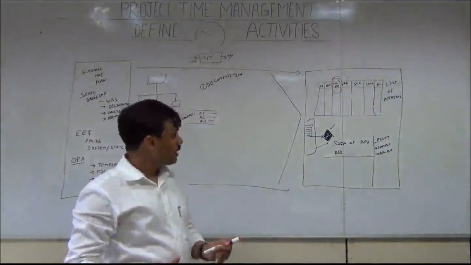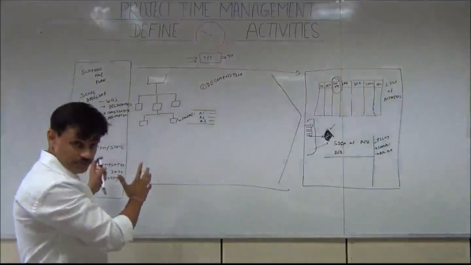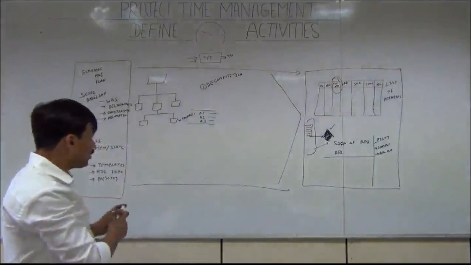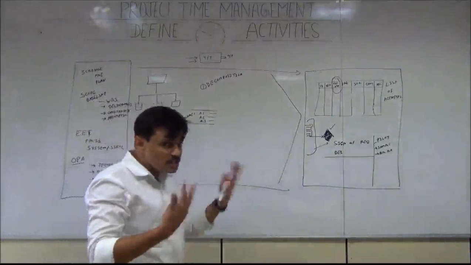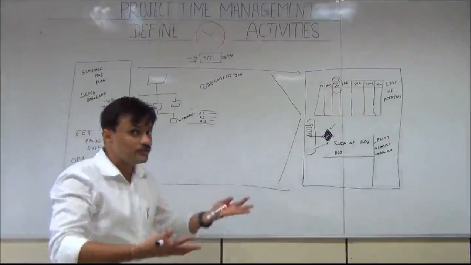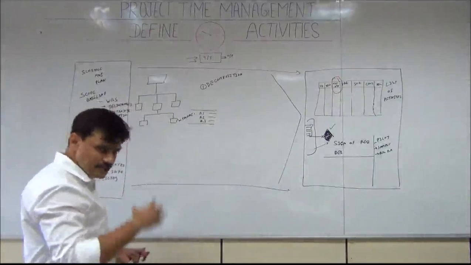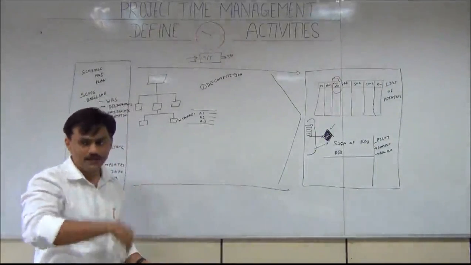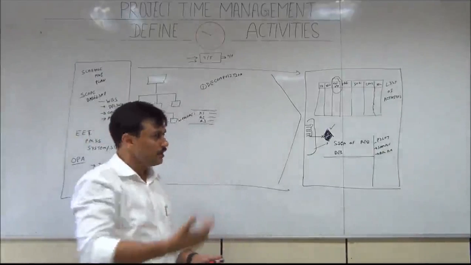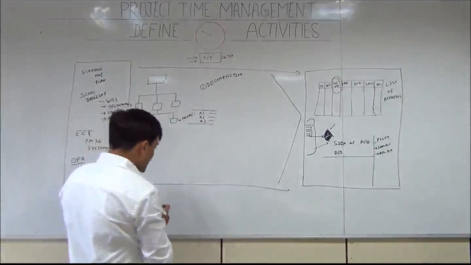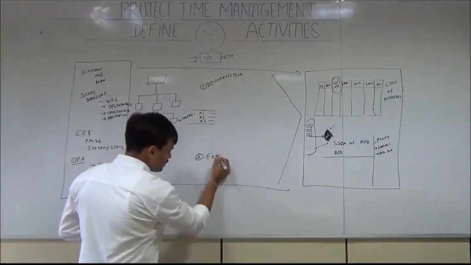Now, in order to identify the activities out of scope or out of constraints or out of environmental factor, we need to put our expert judgment. There is another tool and technique which is the rolling wave planning. In sequence, PMBOK talks about rolling wave planning first and then expert judgment. So I am writing expert judgment as a point number 3 because